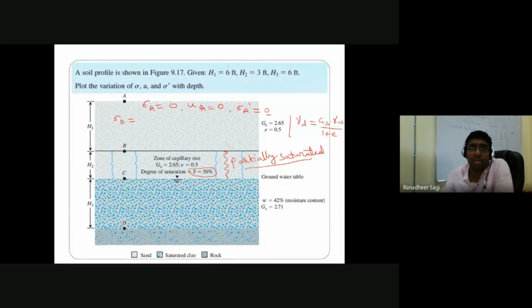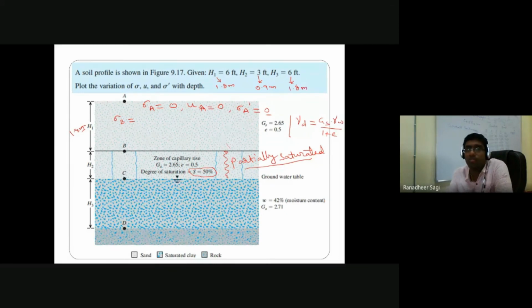6 feet, if I try to convert it into meters, how many meters will it come out to be? 1 foot is 30 centimeters. 6 into 30 is 180 centimeters, which is nothing but 1.8 meter. So H1 value is nothing but 1.8 meter. Likewise, H2 value is 0.9 meter, and H3 value is once again nothing but